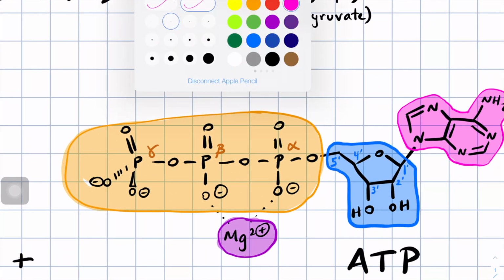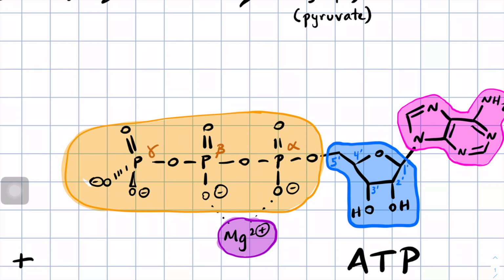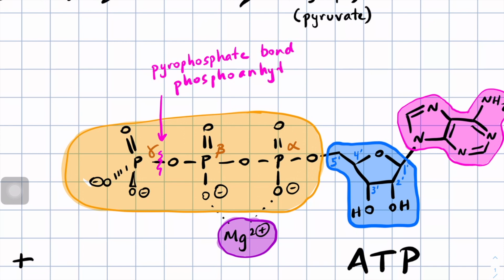The bond we break is actually right here. It's the bond between the gamma phosphorus and the previous oxygen. And that kind of bond is called a pyrophosphate bond, but it's also called a phosphoanhydride. And I can't remember whether I mentioned this in the last lecture or not, but